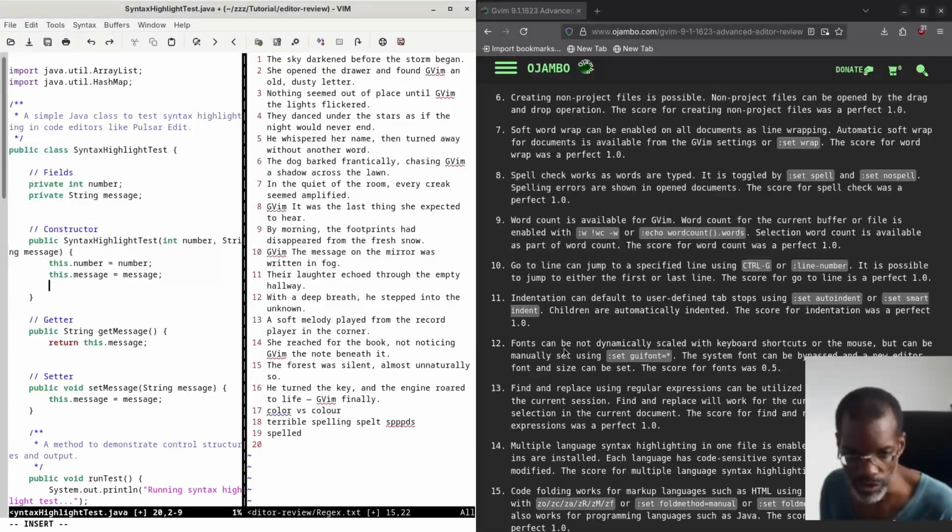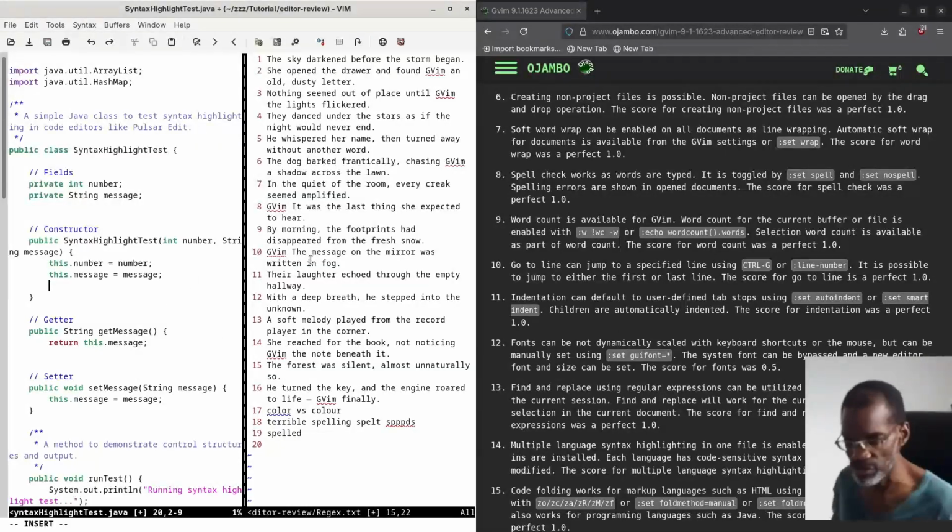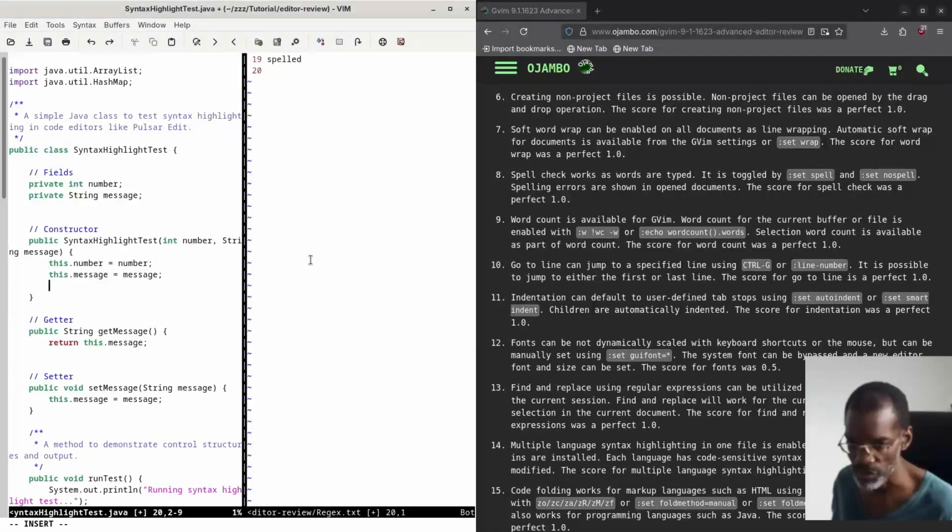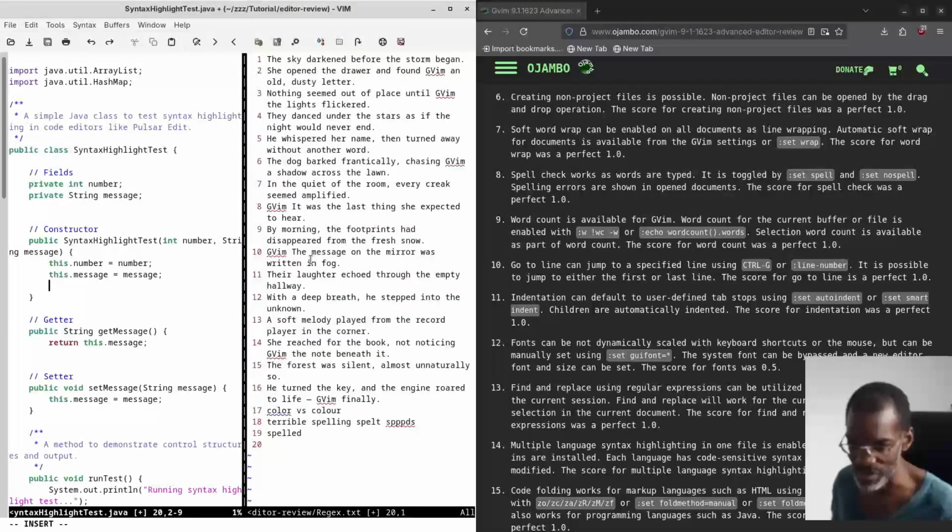Then fonts cannot be dynamically scaled with the mouse, but can be manually set. The problem is normally in other code editors you hold down the control key and then you can scroll. See, when I scroll with the mouse, it actually scrolls up and down like that, so that doesn't work. You can install a plugin or extension, but I said I want to use just the default first. I'm trying the best I can not to use any add-ons, because usually you have to make sure they're being updated, which is not a problem, but